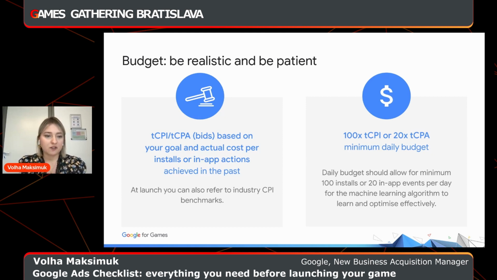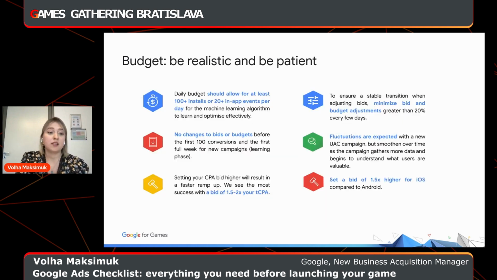You allow the algorithms to play around with everything, test everything, and learn from the data they get. Because each of the small tweaks that I mentioned will cause the algorithm to restart the learning period, which is counterproductive to what we are trying to achieve, as we are trying to make it as short as possible. So being realistic and being patient is the key to budget, and it is potentially the hardest part, because you need to understand that we are right now testing, we're seeing what is going on, and we are giving it some time.